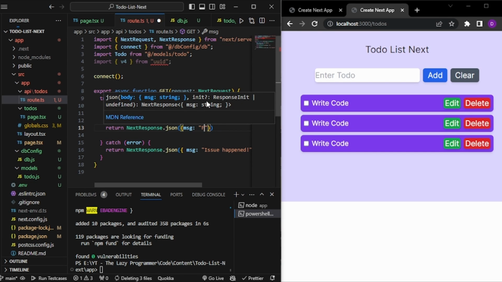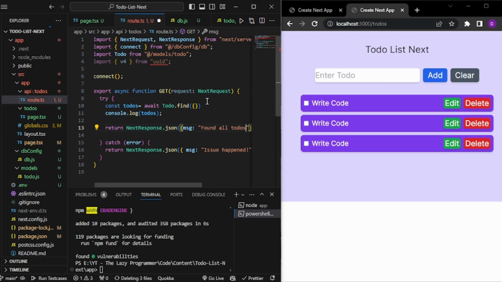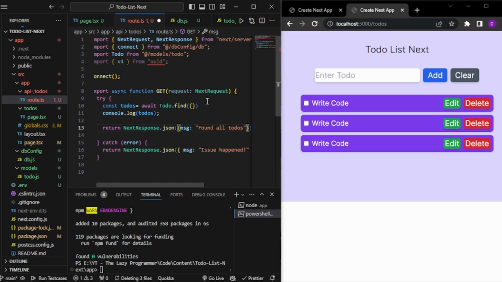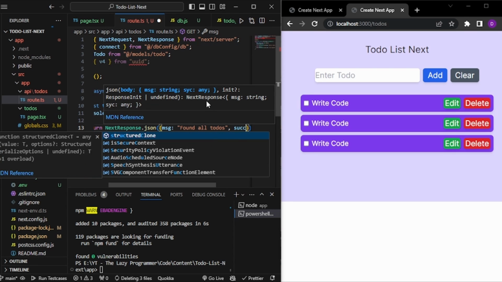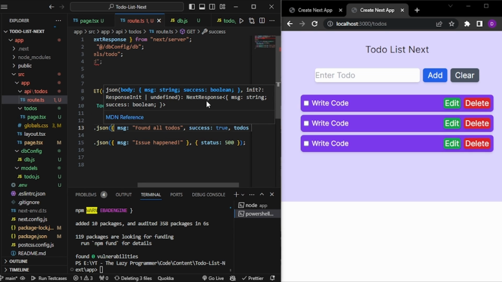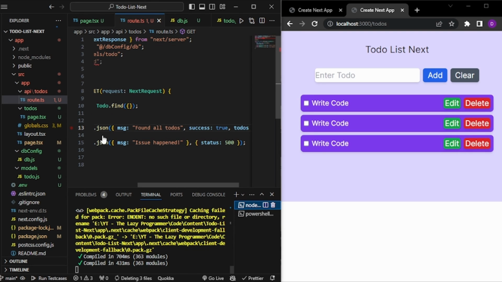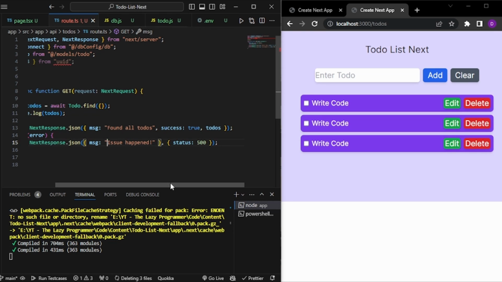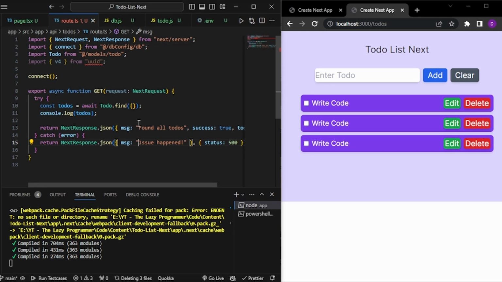and then inside my message let me write found all to-dos. Also then let me give success as true, and also pass the to-dos. That's all. Now nothing will happen because we are not really calling this from the front end, but we can actually do it. So we have this thing here, and also to show you that this thing works, I will